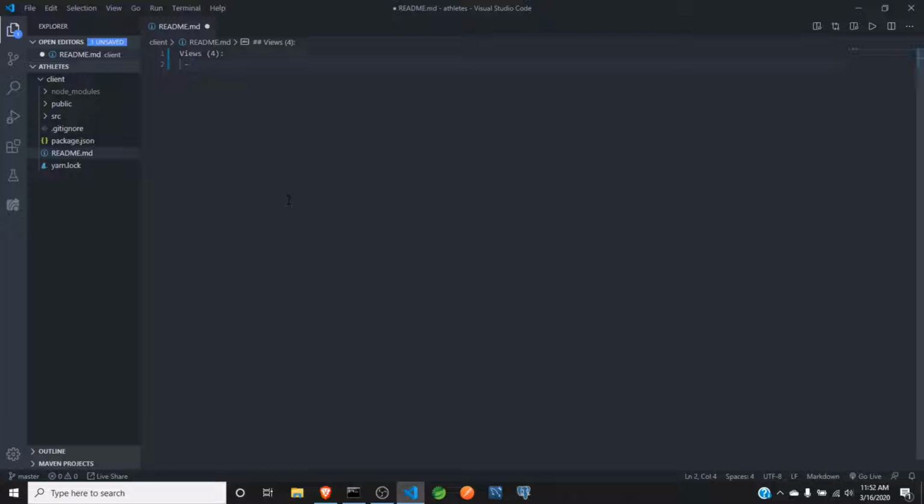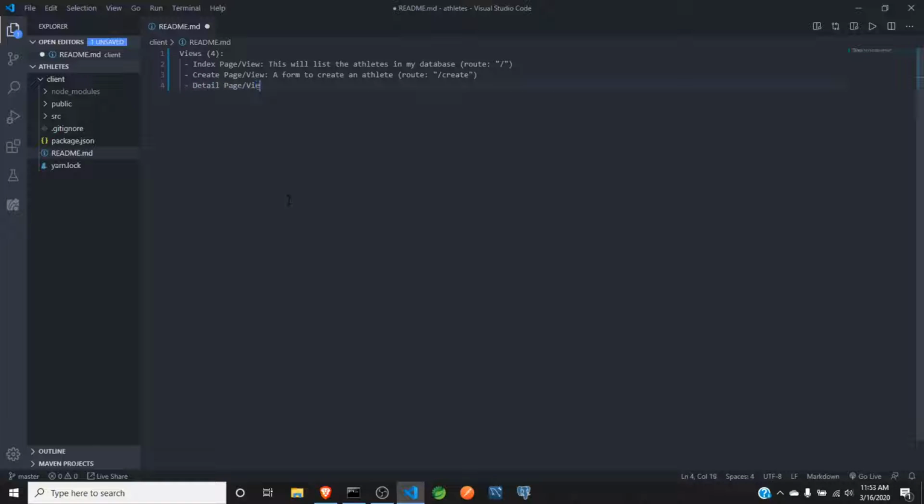So the first view will be the index page, and this will list the athletes in my database, and the URL or the route will be /. Then there will be a create page, a form to create an athlete, route will be /create,